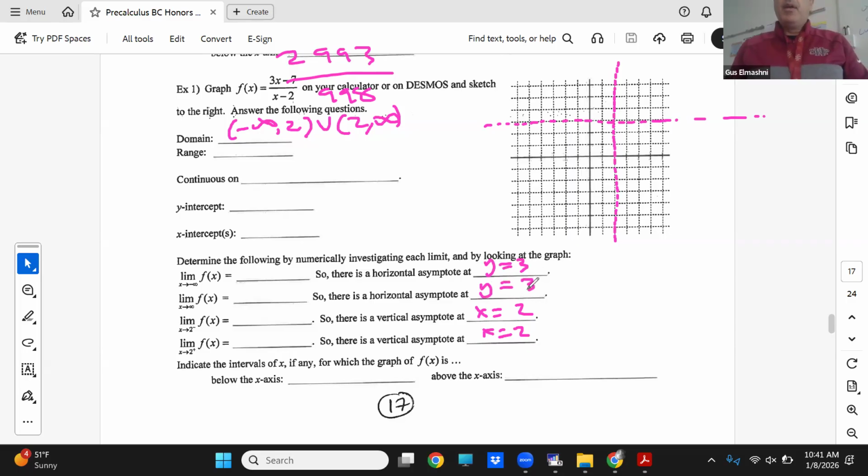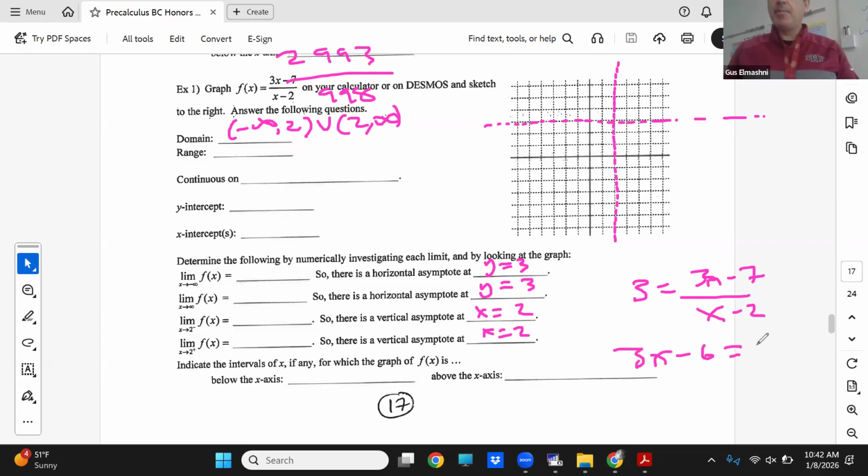Now, the range is tricky because it actually helps to have the real graph in front of you. Could y equal 3? Well, the best thing to do is set the equation equal to 3 and see what happens. Could this expression equal 3? No, it cannot, because what's going to happen? Yeah, you get nothing. So that's going to be excluded from our